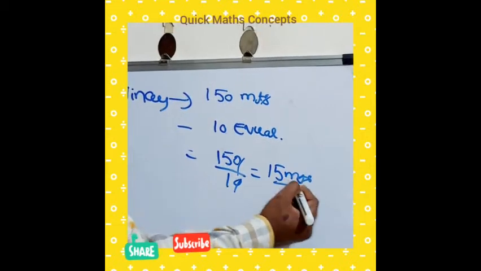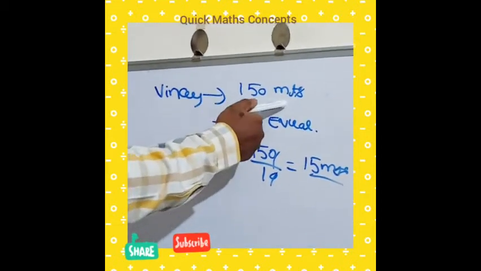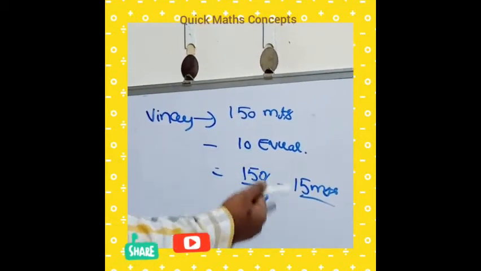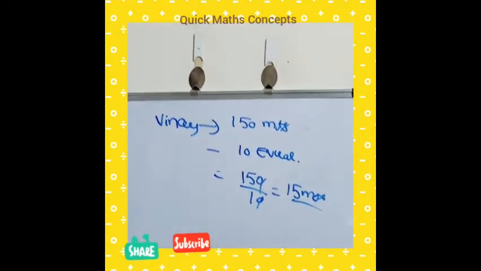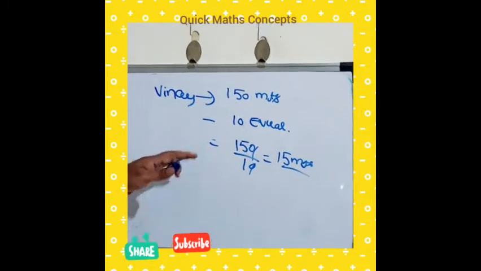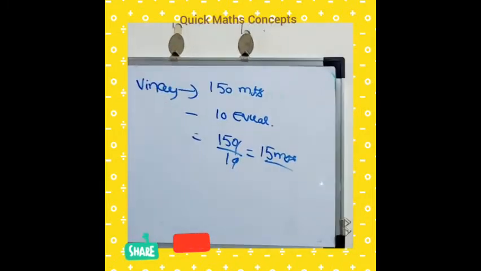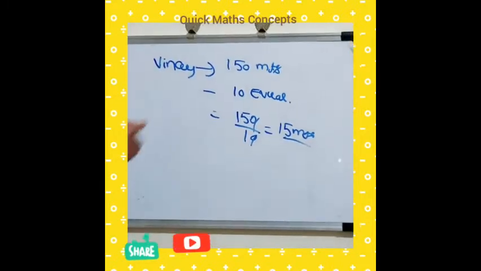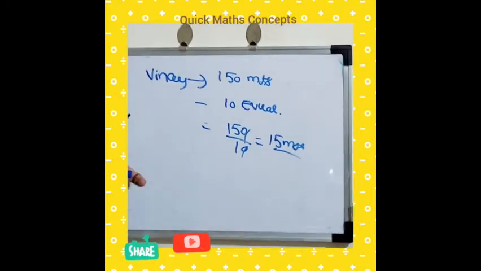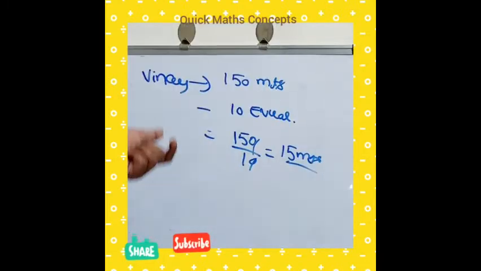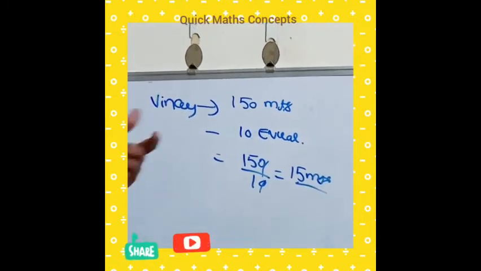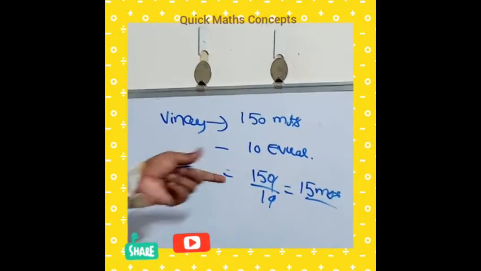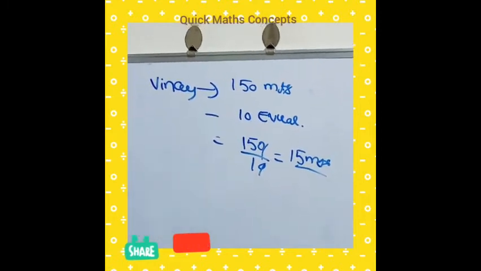Okay. Here, which logic are you following? Total size of the thread divided by the number of equal parts. So when you divide, you will get the answer 15 meters. Within less than 10 seconds, you can solve this one. Even if the numbers change, the simple logic is the same, and in many exams you will find these types of problems. You have to know the actual length and how many equal parts the thread was divided into, and if you divide, you will get the answer very easily.